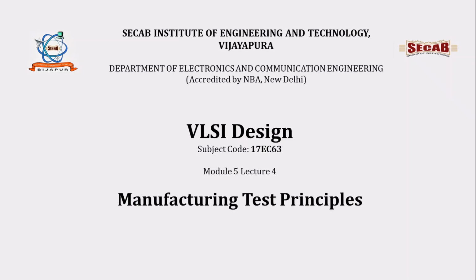Because in the previous lecture we had looked at what might be the cost to the company whenever we find a bug. We had seen that in terms of fab itself, in terms of silicon design itself, the cost or the loss to the company is very much less when compared with once the product reaches the customer. So let us look into what types of errors might occur in terms of manufacturing test principles. Okay. So the purpose of manufacturing test is to screen out most of the defective parts before they are